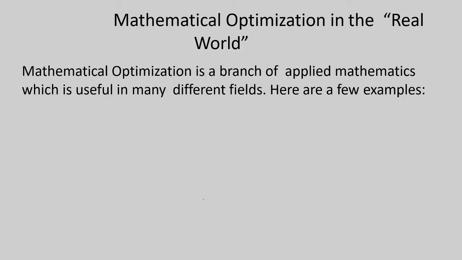Now, why do we need mathematical optimization in the real world? There are different branches where optimization is required, as I was explaining earlier. If we want to find the shortest distance between two places, we calculate the distances or the amount of time required to reach from the source to the destination. After that, we find the optimal solution in terms of cost or distance, whichever is less. That we consider as the optimal solution.